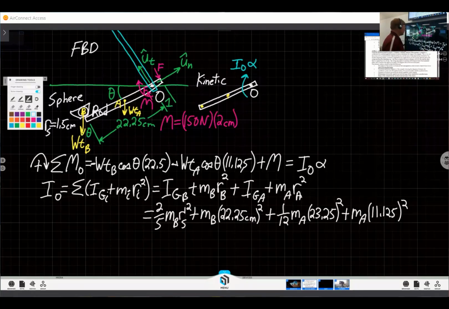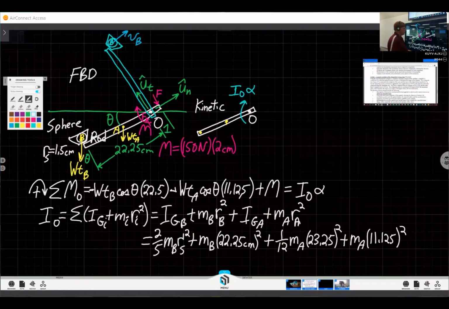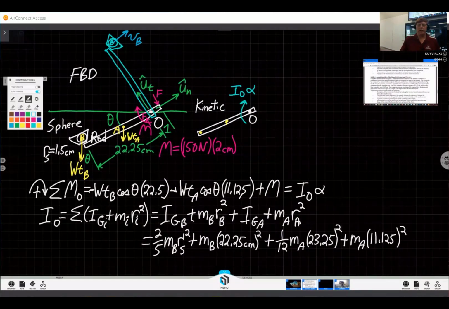So with that, okay, fine. That looks all real neat and impressive. We know how to set up equations of motion, but how do I get the range of the catapult? How do I know how far it's going to throw the ball? If we know these equations of motion, I have an equation now that I have a moment. Let's write it this way. Minus my weight of B